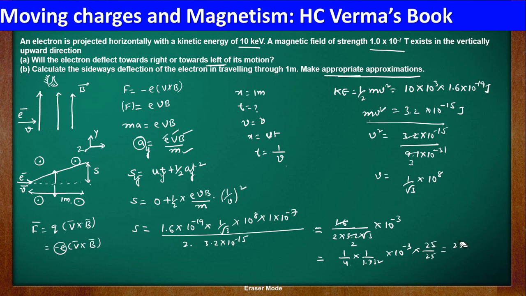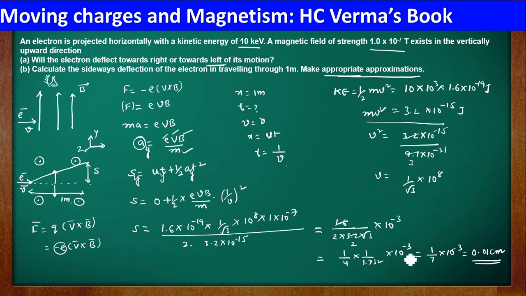Just a minute. This much also is not needed, it seems. Yes, so here you'll get nearly 1 by, when 4 twos are 8, it's definitely less than that, so something like 1 by 7 or so, maybe. Into 10 power minus 3, so 1 by 7 into 10 power minus 3 is approximately 0.01 centimeters or 0.14, something like that. So this is the answer. You can do the approximation, no problem. If you want me to do it further, it's not a big deal.